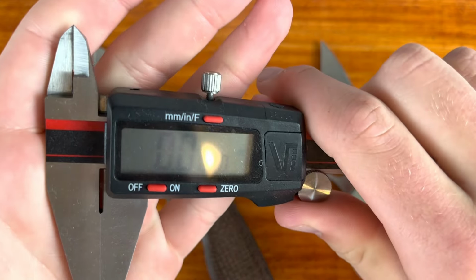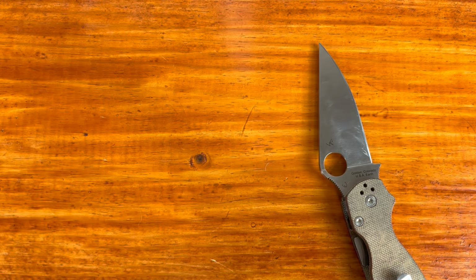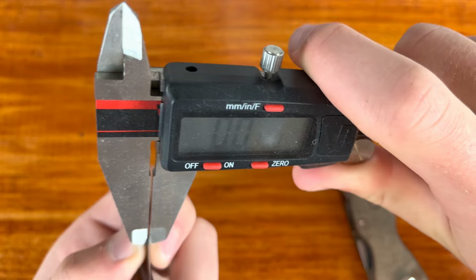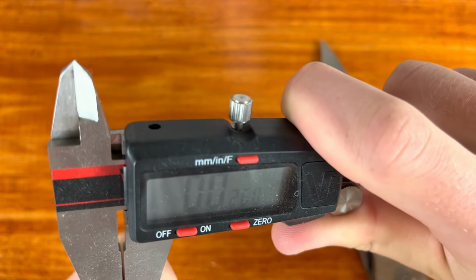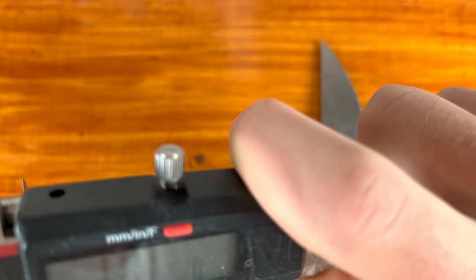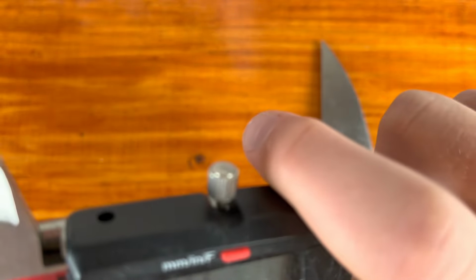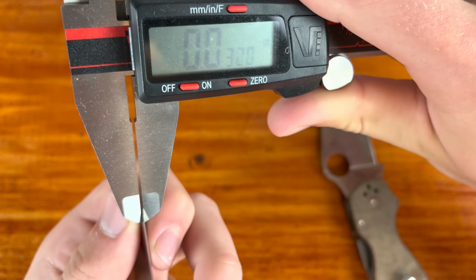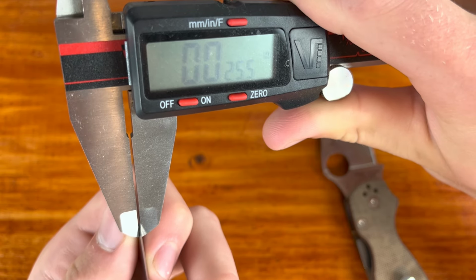And I think the batteries, yeah, they're very low in my caliper, so the numbers are hard to see, but I'll just read them out. So looking at it, I got like 26, I'm pretty high up. 23 thousandths behind the edge. And then up here, 25